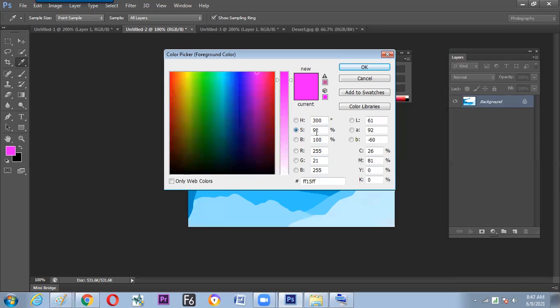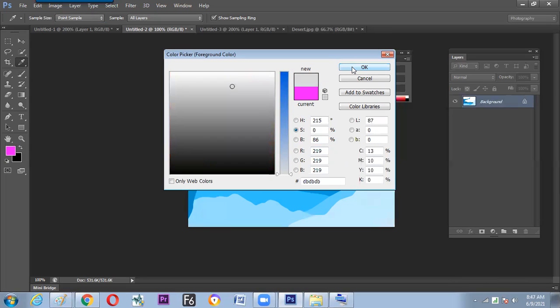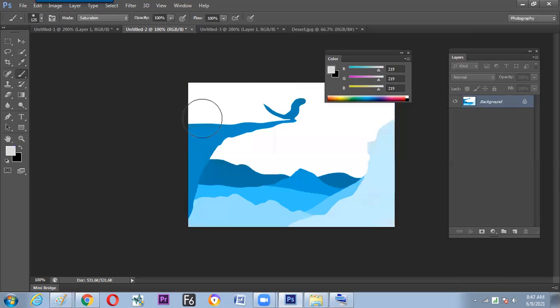So let us take saturation 0. Any color, you can take any color. If you take saturation 0, then what happens? It turns into gray color, or black and white. Is it okay? So we can take a saturation 0 value color and paint. Then it will desaturate things. We'll see it in a practical manner.